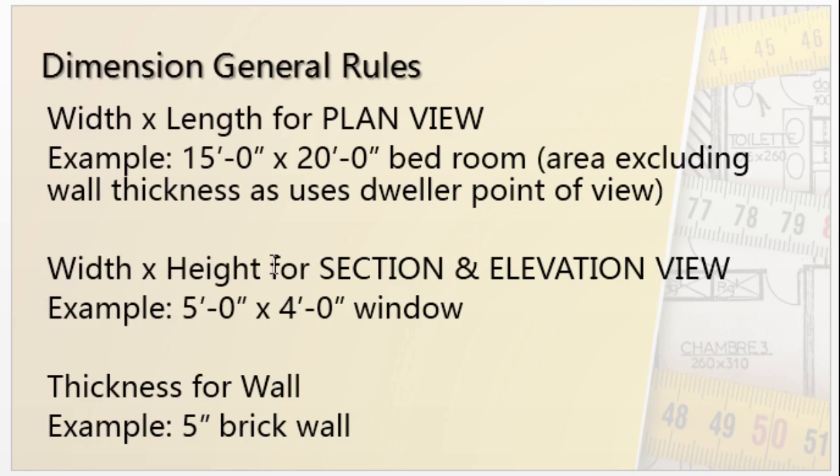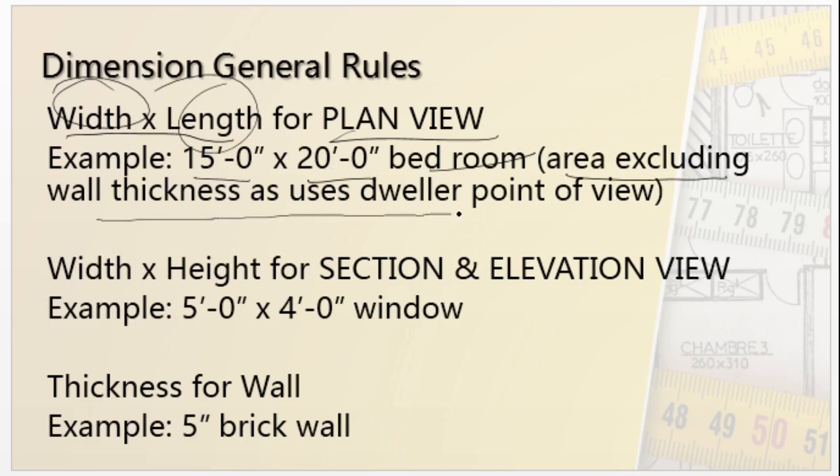So, dimension general rules on drawing. Generally we use width multiplied by length. First width, after that length, for plan view. For example, a 15 feet into 20 feet bedroom. If we say 15 into 20 feet bedroom, that will obviously be the area excluding wall thickness, as it uses the client's point